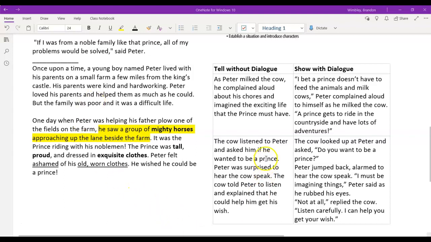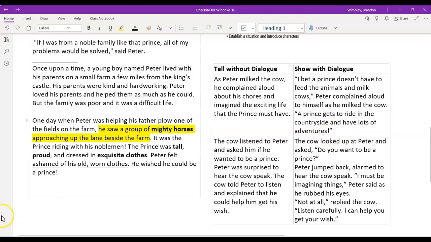So we have some examples over here that I have been thinking about from our story about the prince and the cow. So let's look at them. The next event I want to write about is Peter milking the cow and complaining that he wants to be a prince. When I planned this part of my fairy tale, I decided that the cow will suddenly speak and